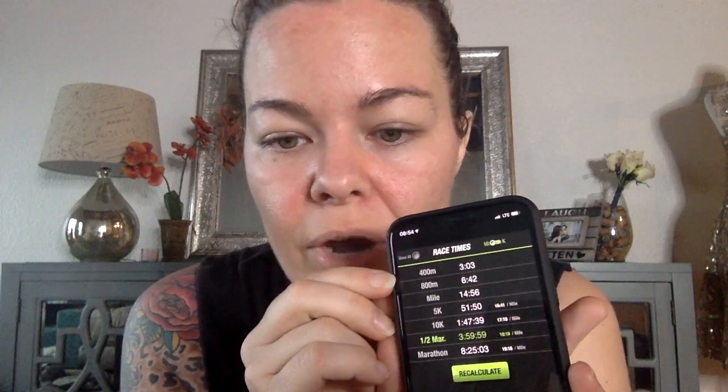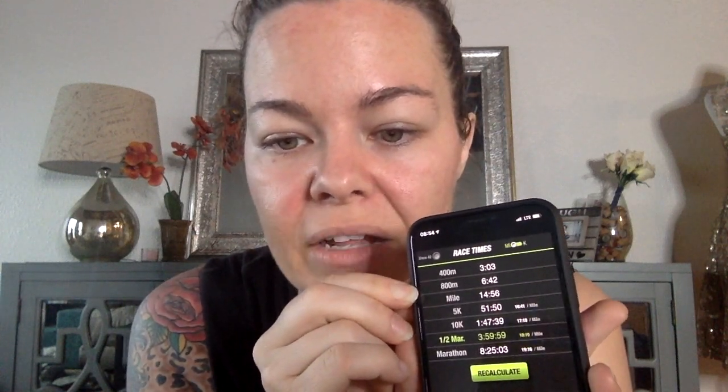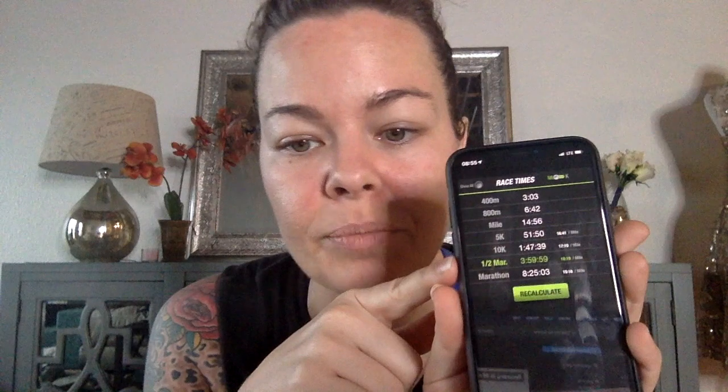That is totally doable. It also means that I want to run my quarter mile in 3 minutes, my half a mile in 6 minutes and 42 seconds. It gives you these paces. So these paces right here are going to be you pushing. These paces are going to be you trying to go at a very good, fast pace for yourself. It's not you walking and talking to everybody. It's you maybe walking faster, and when you try to talk, you're definitely breathing a little bit harder, okay? So that is what I recommend you look at for speed workouts for yourself based on your speed, and how to figure that out and how to calculate that, okay?